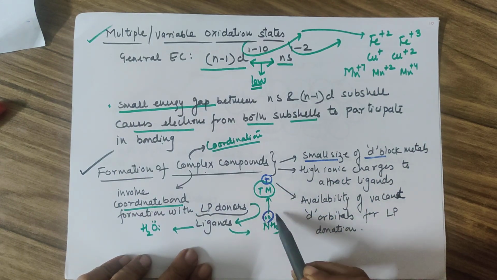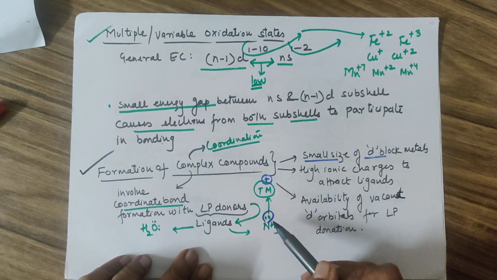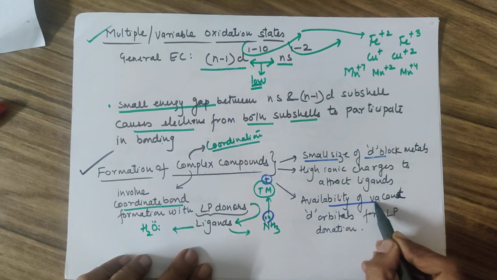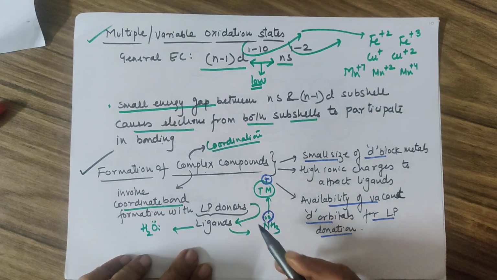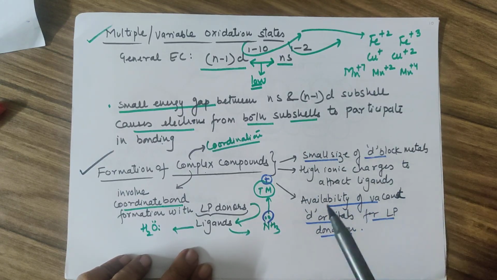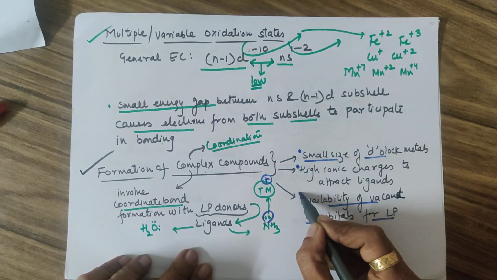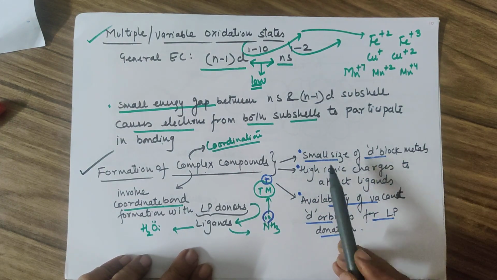Also, this lone pair is to be shared with the transition metal, and the transition metal needs to have a vacant orbital to share the lone pair. So there is an availability of vacant d orbitals for the lone pair donation or a coordinate bond formation. So the three reasons why transition elements form complex compounds or coordination compounds is because of the transition metal's small